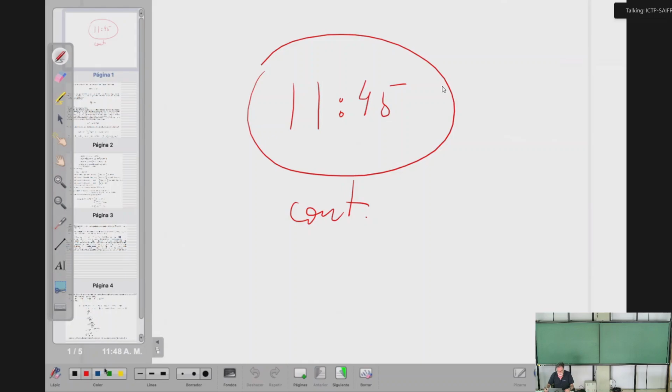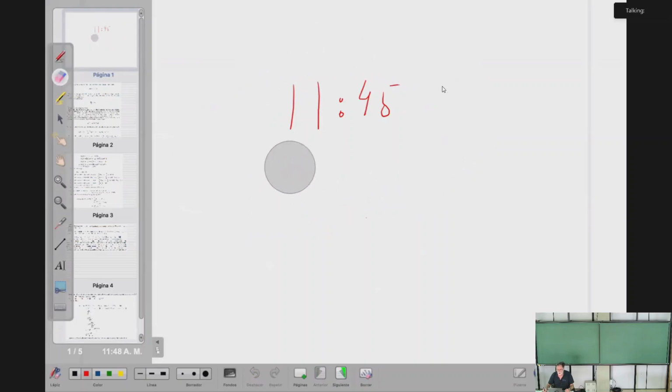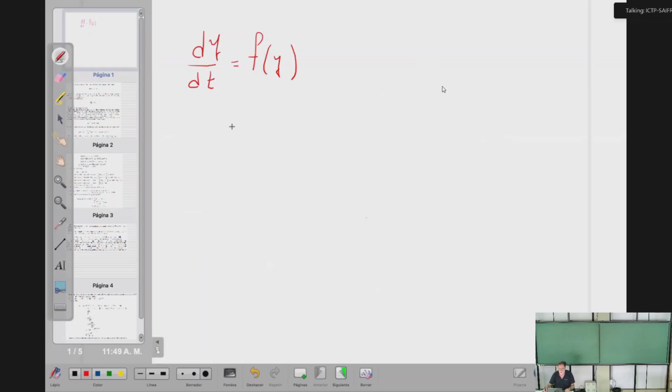And I remind you what it says: if you have a system, and F is Lipschitz in some region M, and then you take any point P belonging to M,